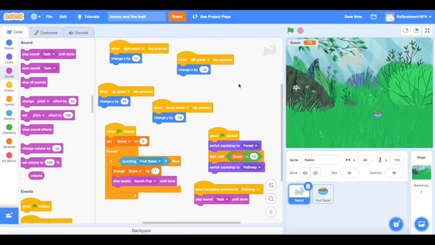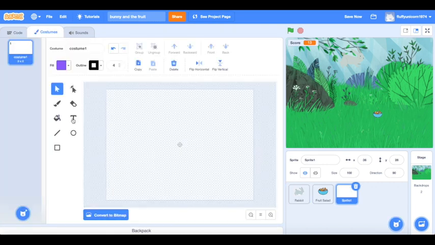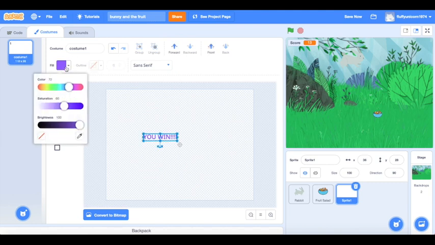And now we have just one more step, which is to do a banner that says "you win" on the bottom, or you can actually write anything you want. You can say "yay bunny" or whatever you want to say for this one. So we're going to go down to the sprite spot here, and we're going to go to paint. So we're going to create our own sprite, and we're going to use the text tool, and we're going to write "you win,"